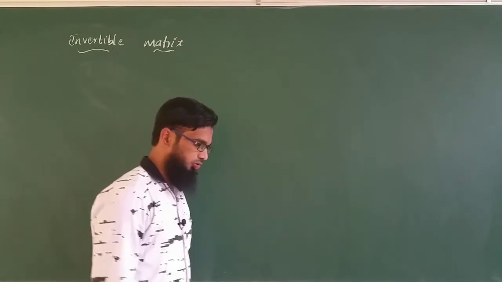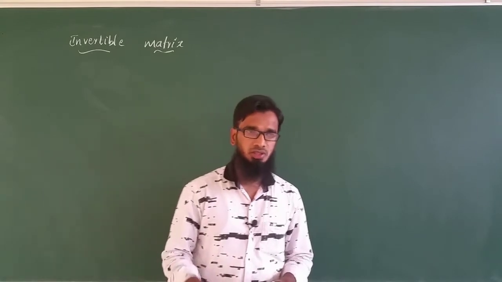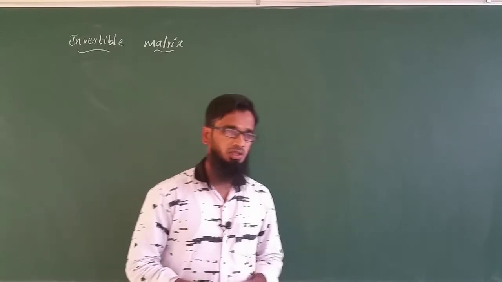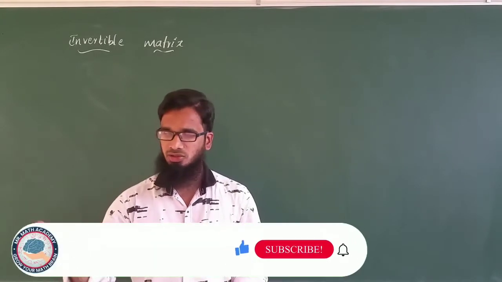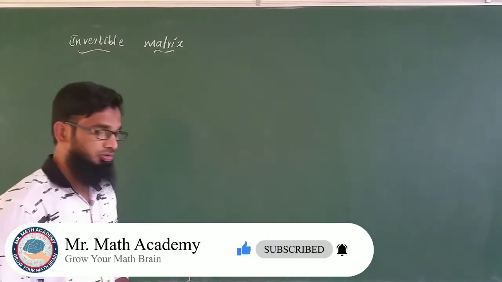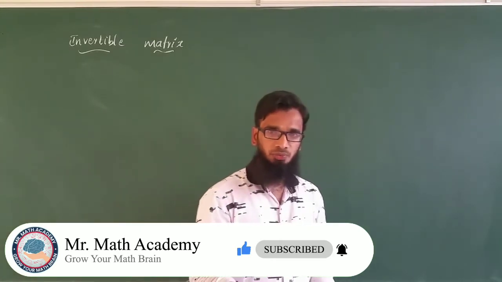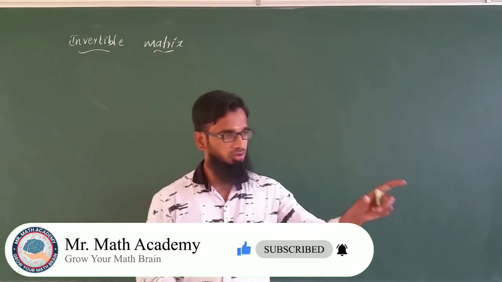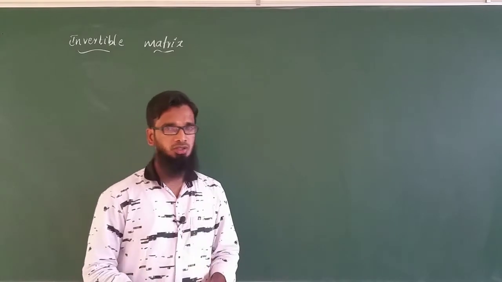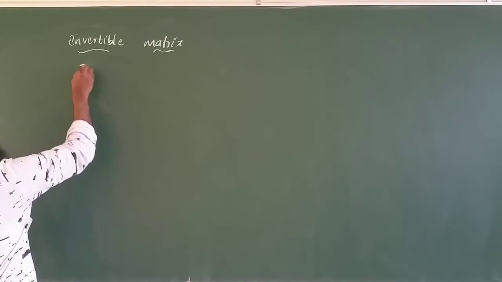So what it says is, suppose I am taking two matrices, A and B. If the order is the same for both A and B, and I take the matrix A into B and get the identity matrix of the same order, then I can write this as the product AB is equal to I. In a similar way, if you take the product of B into A and also get the same identity matrix,